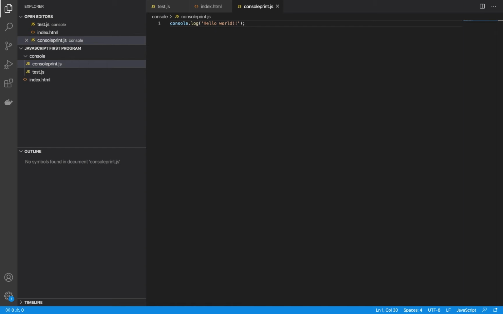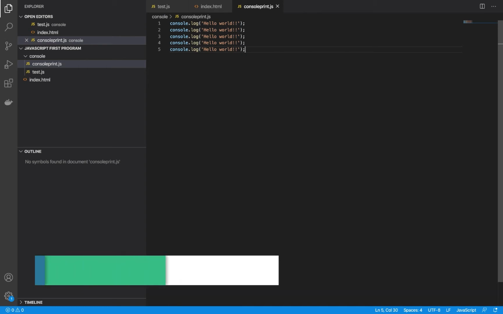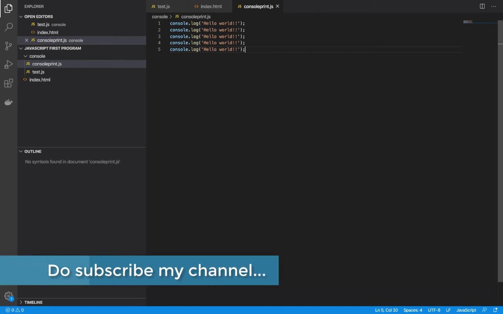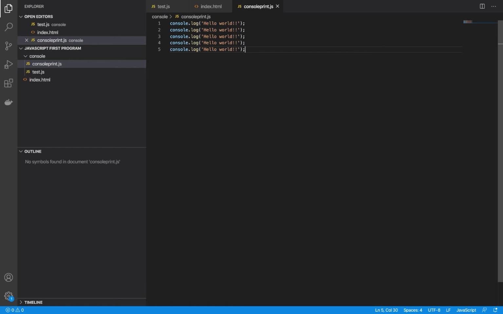Now the requirement changes and it says to print this statement 5 times. You can still do it, right? You're copying the code. It's not a best practice, but yes, you can still do it. Now if the requirement changes again and they say print it 1000 times, what do you feel? Does it make sense to copy this code again and again? For me, it is really a big pain and you cannot do it. It's not good to write these kinds of statements in your code.